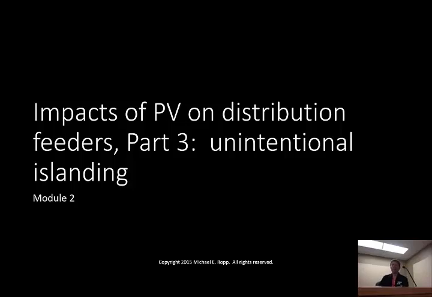I did have one quick question. For a lot of these problems you've been describing, at what relative size to the system is your distributed generation compared to your substation transformer? Where did these issues start to appear? That is an excellent question. I'm actually going to show a slide that talks about that for low inertia systems specifically. But for distribution feeders,